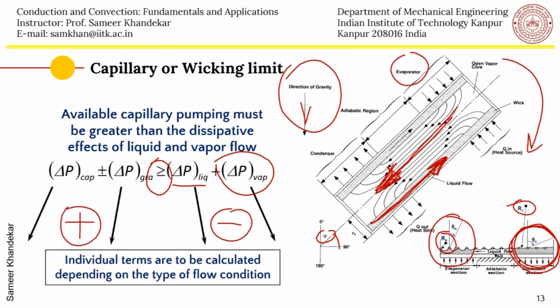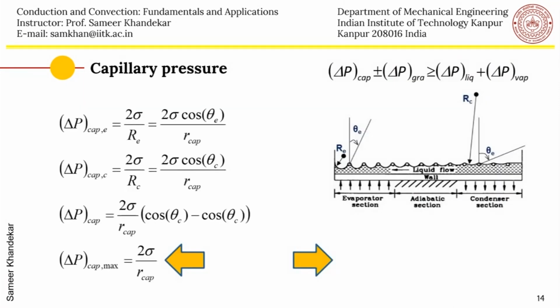So let us calculate all these four terms. First we will calculate the delta P capillary, which is equal to 2 sigma. In the evaporator side, the pressure difference between these two points, let's say 1 and 2, is 2 sigma cos theta E upon r capillary, and similarly between 3 and 4 it is 2 sigma cos theta C divided by r capillary,